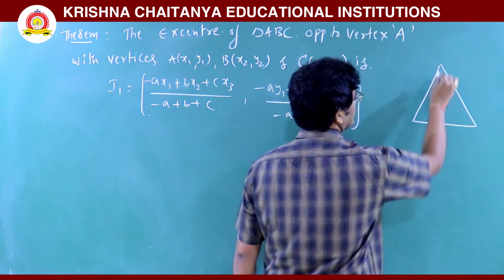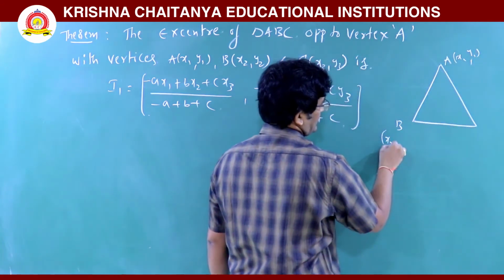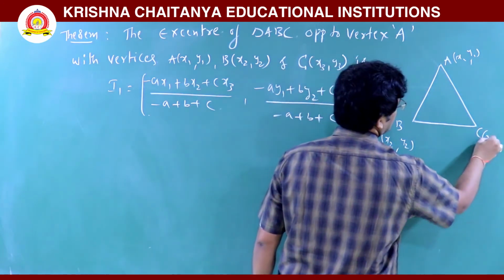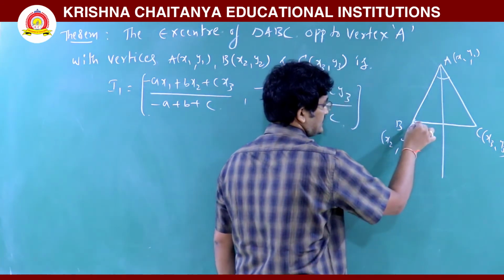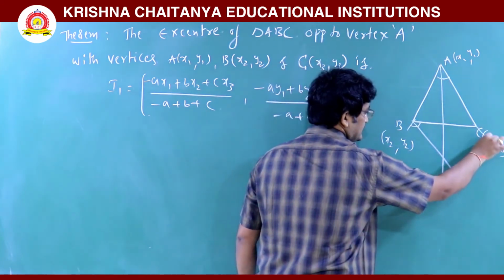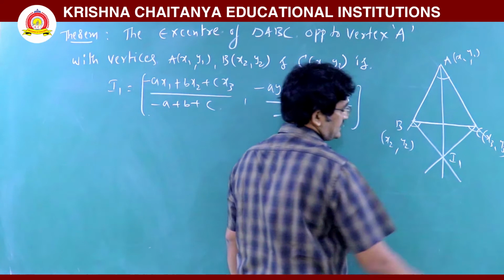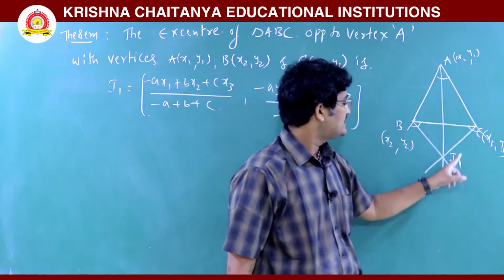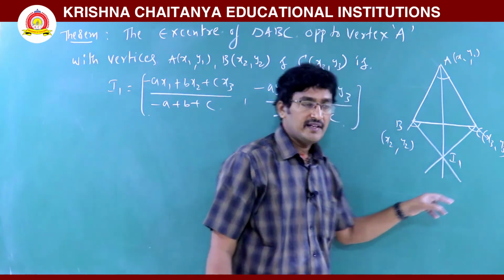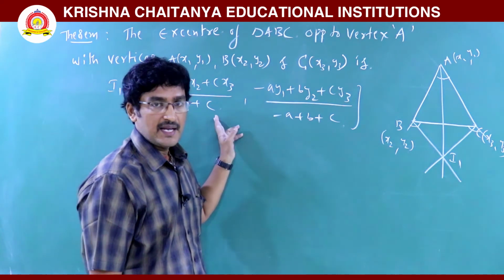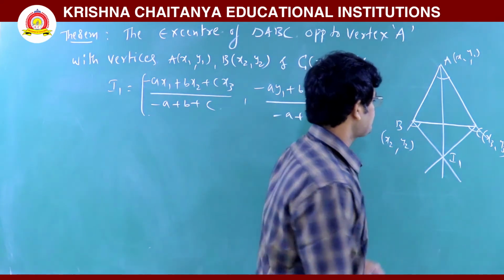This is A x1 y1, you know B x2 y2, it is C x3 y3. So this is the internal angular bisector of A. This is the external angular bisector of B. This is the external angular bisector of C. These three lines meet here. This is called the excenter opposite to A. That one is denoted I1. We have to find the coordinates of I1 now. We have to show that the coordinates of I1 are this. It is the abscissa of I1, it is the ordinate of I1. Okay.